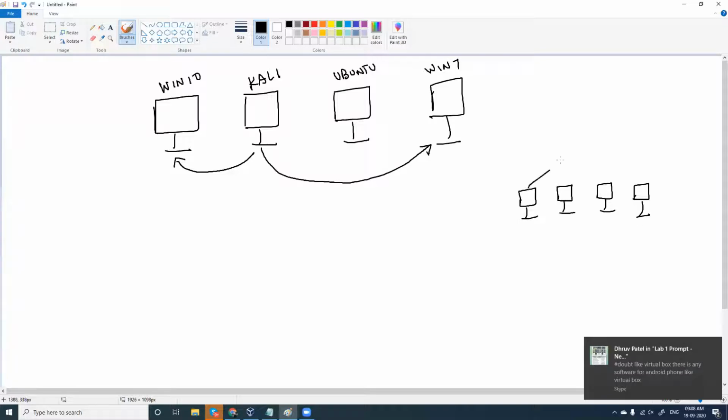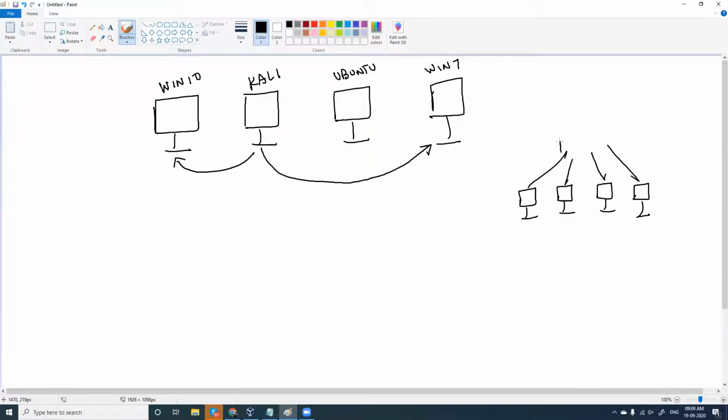This is similar to the architecture you have configured in Packet Tracer. Fine, you had 4 computers connected with a switch, and from this switch, it is either connected to a Wi-Fi modem or to a router. It can be anything. So this becomes your LAN, your local area network. And for testing and practicing, yes, we need so many computers like this, and probably you cannot go back to your parents asking for them, or spend your own money buying 4 computers and carrying them all the way wherever you go.